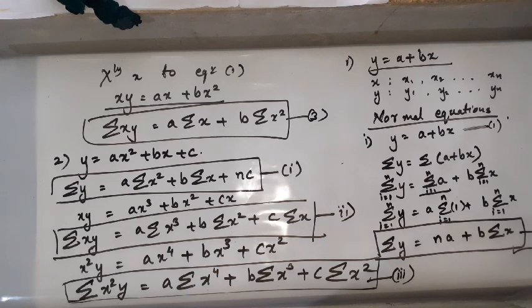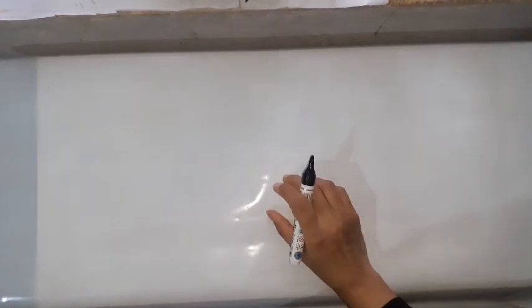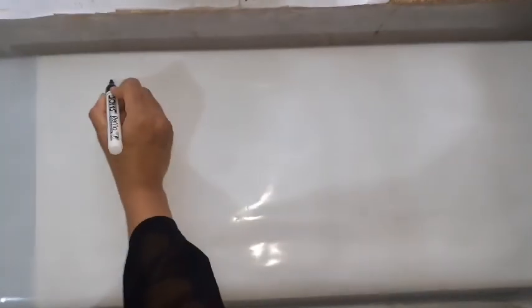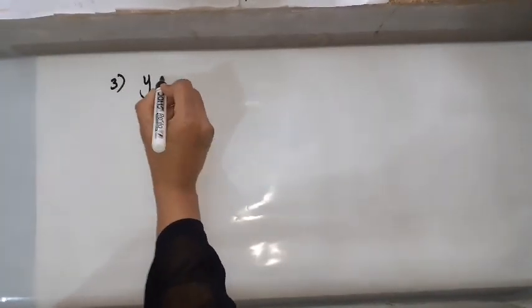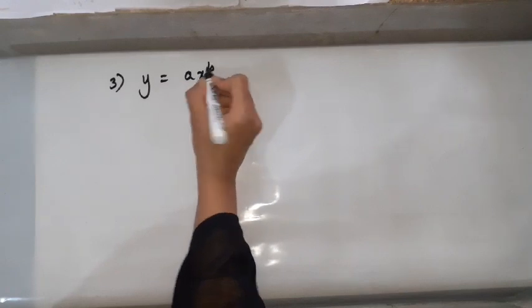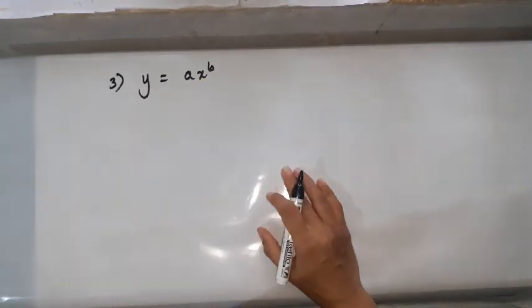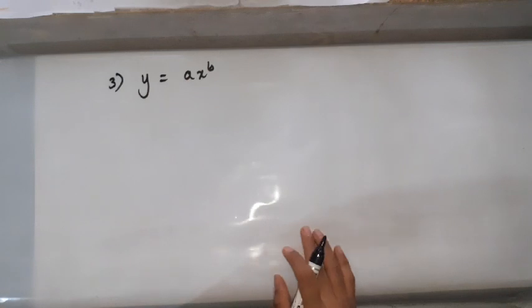Okay, now with problems it will still be clear, but for now let us move on to the next curve and see what we can do there. Now we have the last curve to fit, of the form, third part, y is equal to a into x to the power b. Now we don't know what are the constants a and b. So how will you fit such a curve?